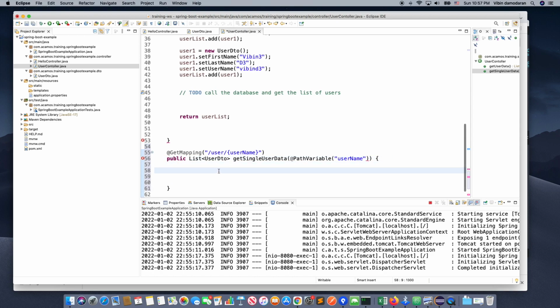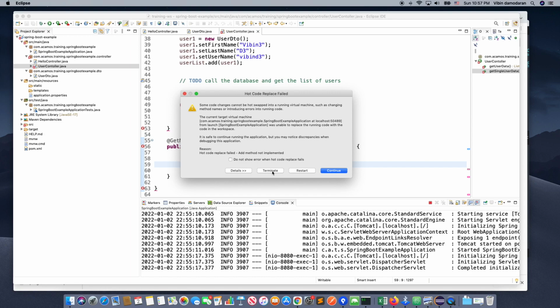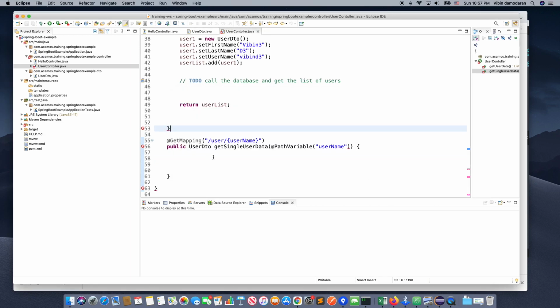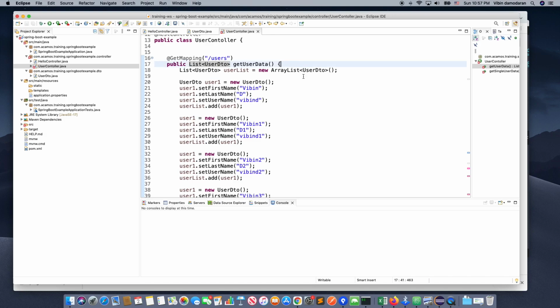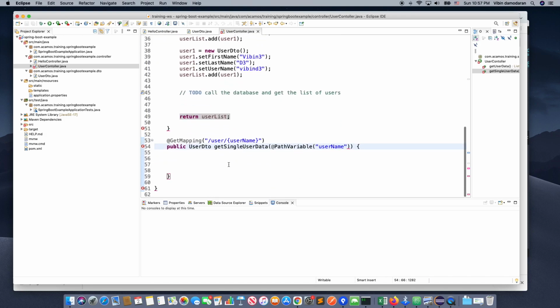Let me just terminate this. Something is a little weird up here. Why is it showing some red marks? Okay, anyway, let's put in the rest of the code. I need to return a user DTO, so I'm going to create a user DTO right now. Say user DTO, new user DTO,